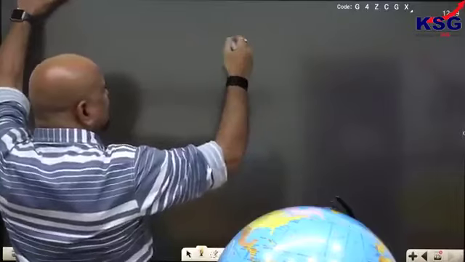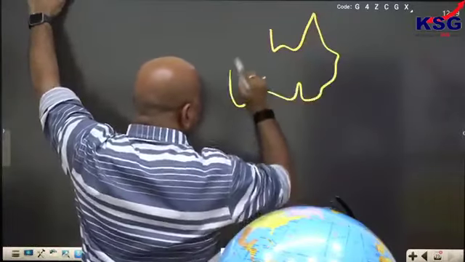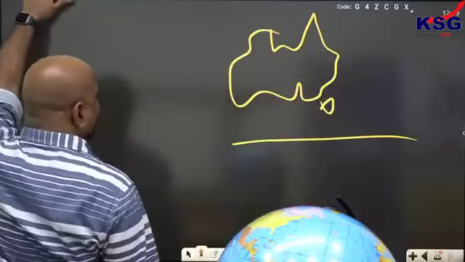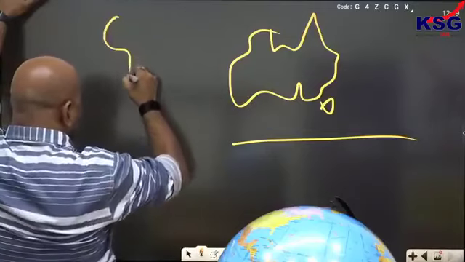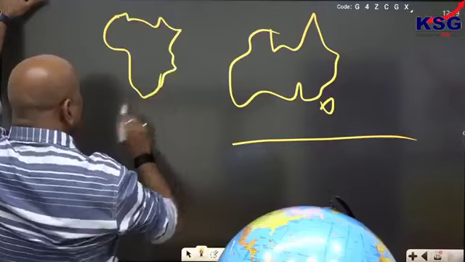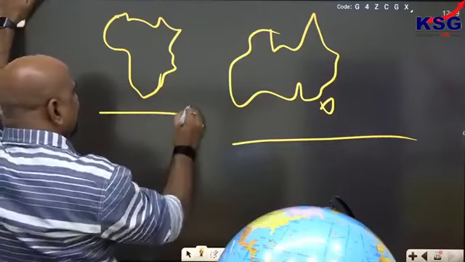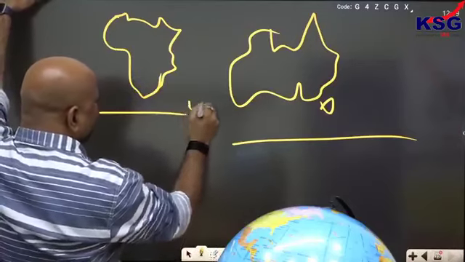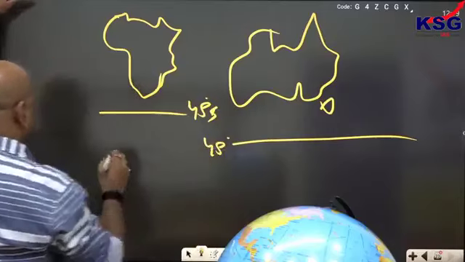ये जो लैटिट्यूड है, ये ऑस्ट्रेलिया में नहीं है। ऑस्ट्रेलिया तो यहाँ पे खत्म हो गया, ऑस्ट्रेलिया में कहीं ये रीजन्स नहीं। 45 डिग्री यहाँ पे है, ऑस्ट्रेलिया में नहीं है। अफ्रीका में आप देखो, अफ्रीका में भी नहीं है, अफ्रीका यहाँ खत्म हो जाएगा, 45 डिग्री कहाँ है यहाँ पे? You don't have this particular part, 45 degree south, only one